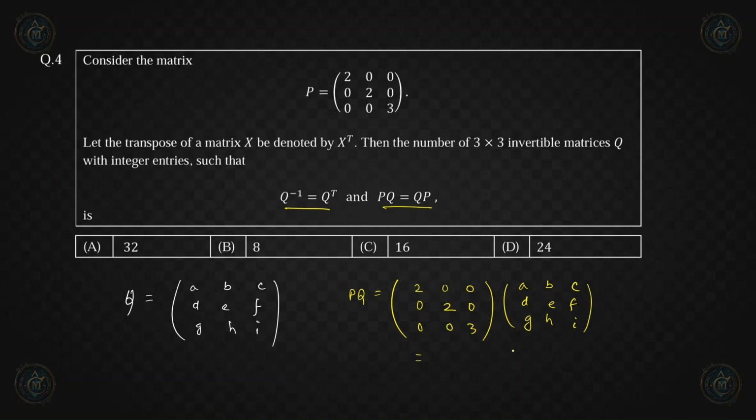So this will be 2A, 2B, 2C, then 2D, 2E, 2F, right? Then we have 3G, 3H, 3I, like this. Okay. So then we can find QP. QP will be ABC, DEF, GHI, then multiplied with this